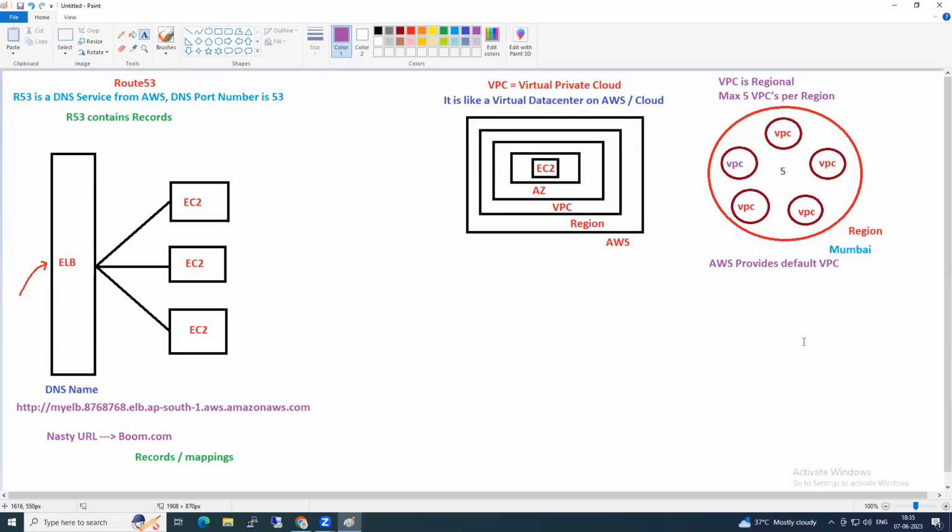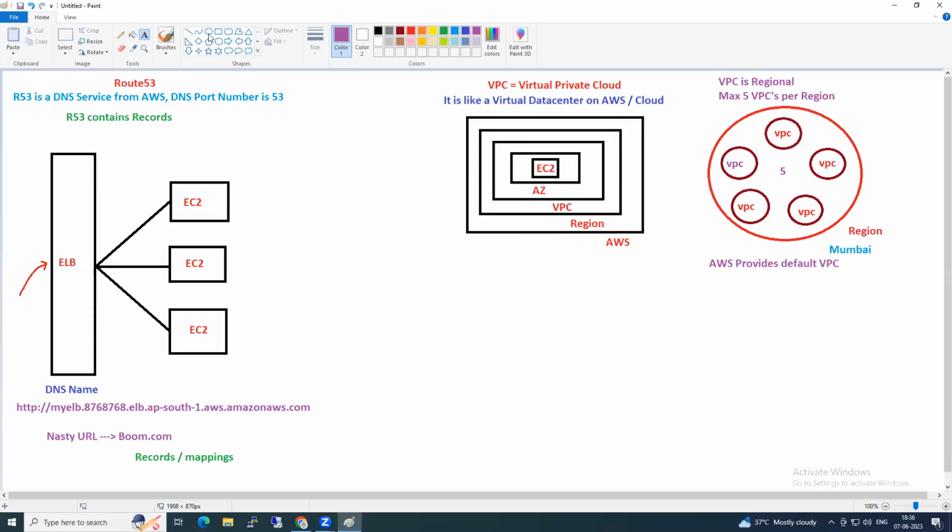So the question should be: we have 3 availability zones, and can this VPC be created across these 3 availability zones? Yes. VPC itself is a big concept, so when we go deeper, we'll talk about the VPC. The important takeaway here is the default VPC. Every region has a default VPC.